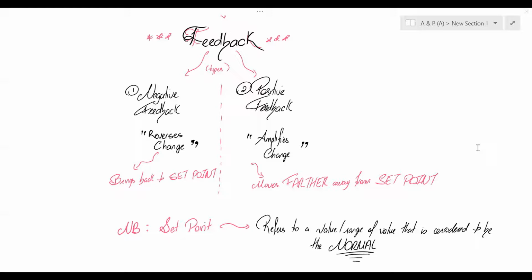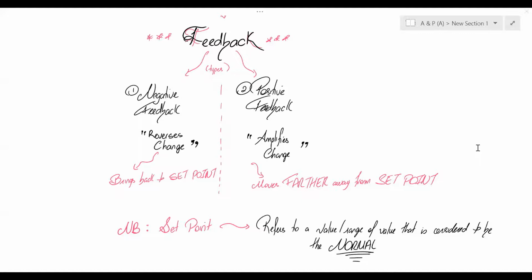But when it comes to positive feedback, it does things a little bit different. When you think of positive feedback, think of plus, plus, plus equals more, more, more. And that's basically how it works. I kid you not. Positive feedback says, anytime there is a change in the body, instead of bringing it back to equilibrium, we're going to add more, more, more, and we're going to further amplify this change and deviate further away from equilibrium. I know, it's crazy, but that's just how it works.